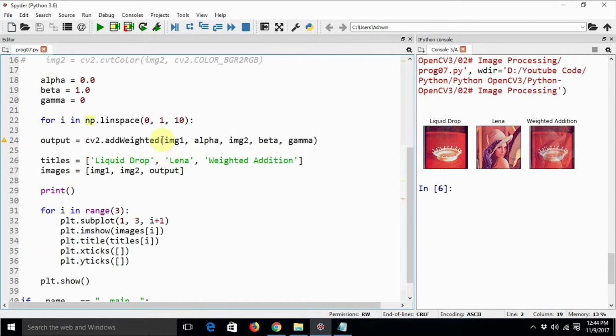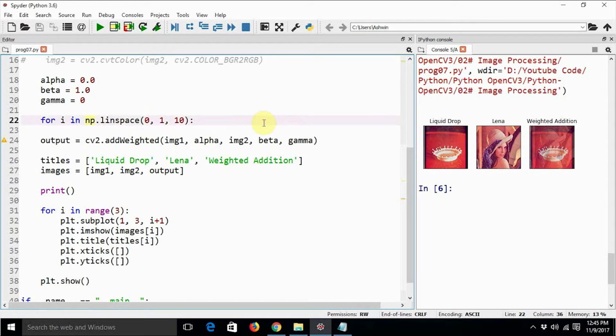So for i in np.linspace of 0, 1, 10 means that the interval 0 to 1 is going to be divided into 10 equal parts. So it stands for 0, then 0.1, then 0.2, 0.3, 0.4, and so on till 1.